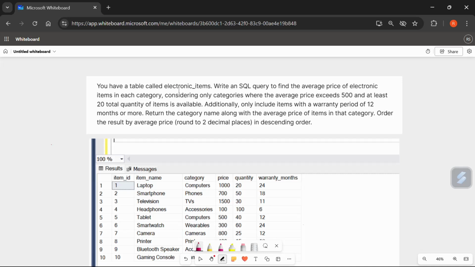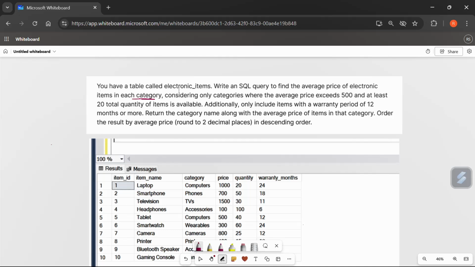Hello everyone. Today we have another problem and the problem statement is in front of you. Let's see this. You have a table called electronic items. Write an SQL query to find the average price of electronic items in each category,